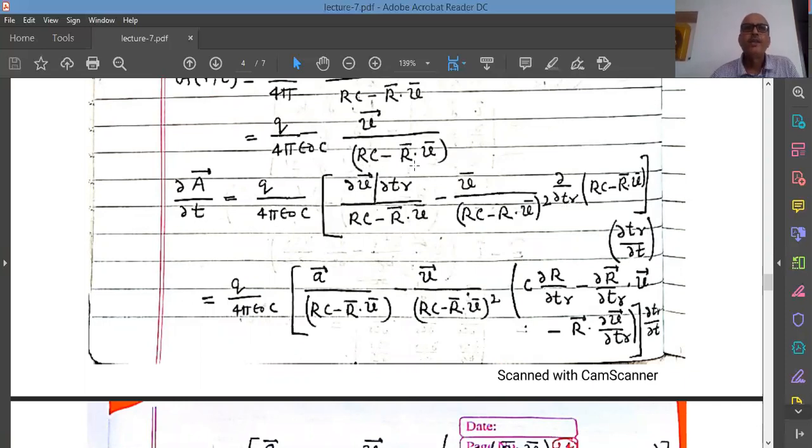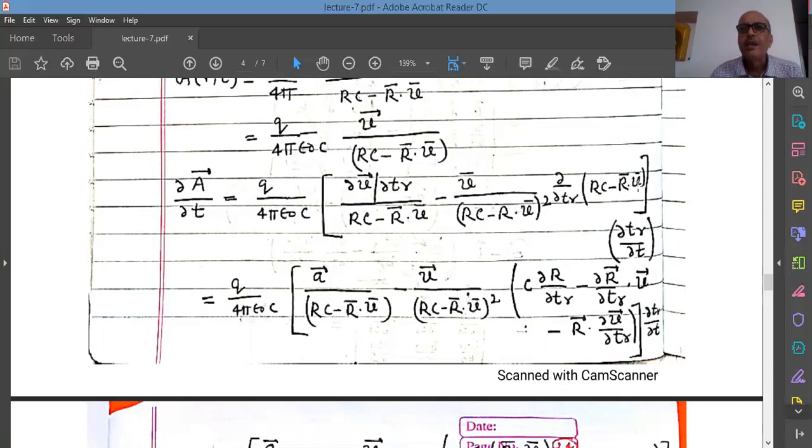So the first function, differentiation of first is del V over del TR, that will give us the acceleration, and 1 over RC minus R dot V term as it is. So I am basically treating it as a product of the two functions. So the differentiation of the first function into the second function as it is. Now I will retain the first function as it is and differentiate the second function. So this V as it is, differentiation of 1 over X is minus 1 over X square. So minus 1 over RC minus R dot V square, and then del over del TR of RC minus R